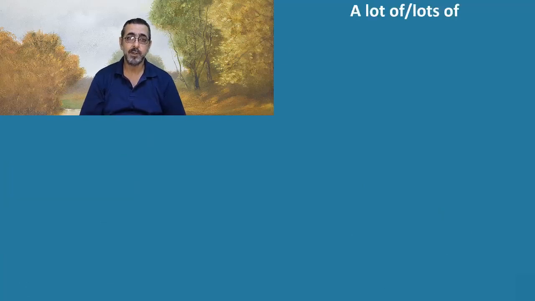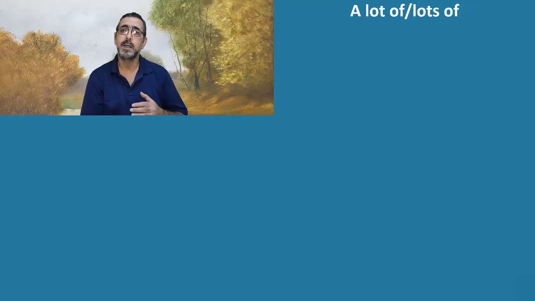A lot of and lots of. A lot of and lots of are pretty much the same meaning. They give us the same meaning. The difference is you have a lot of. So the first one has the article a, and the other one is without the article a, and we have s: lots of. A lot of or lots of. So they have the same meaning, and it's the easiest way to talk about large amounts, approximate amounts,